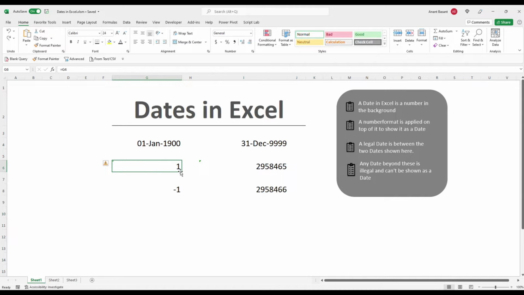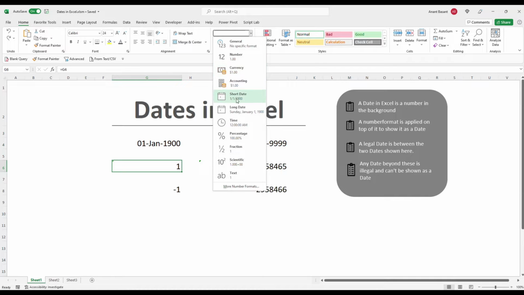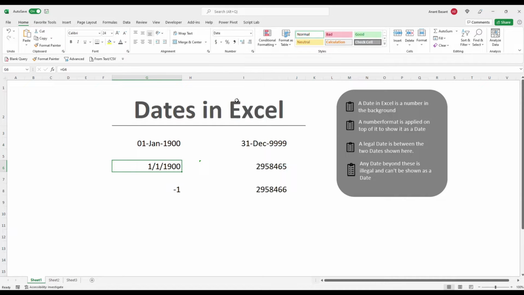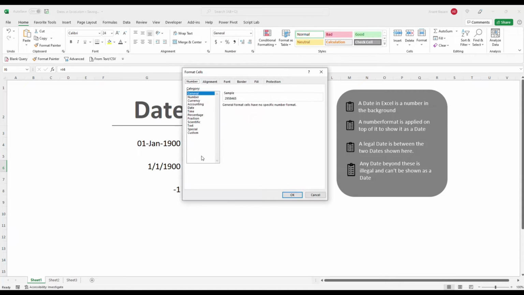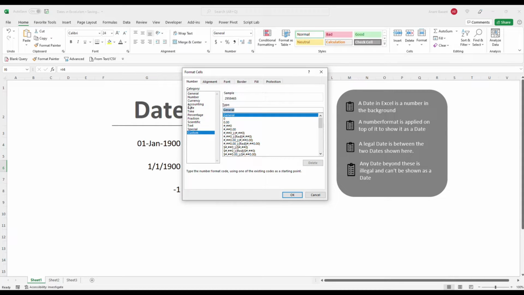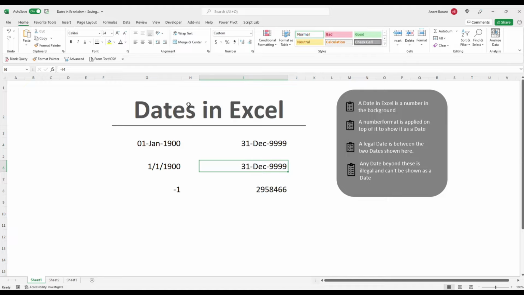If we change the number format of these two to a date, you can see that. What that means is Excel takes a number and applies a special number format on top of it to show it as a date.